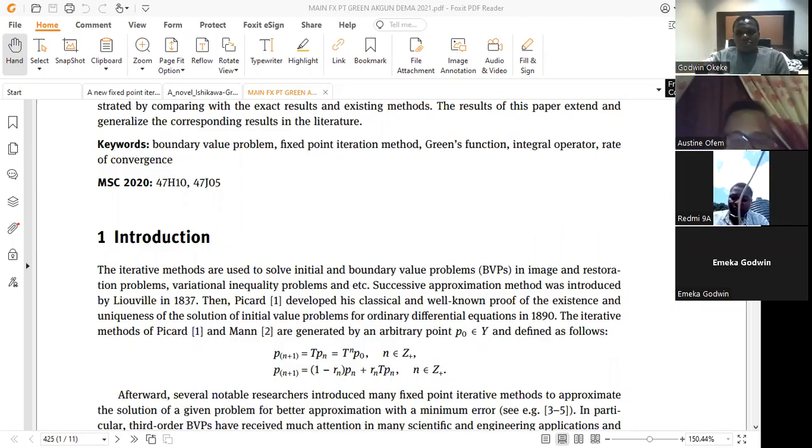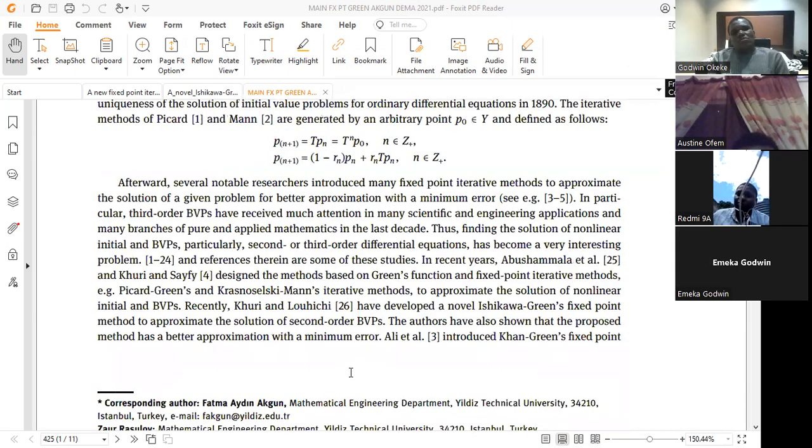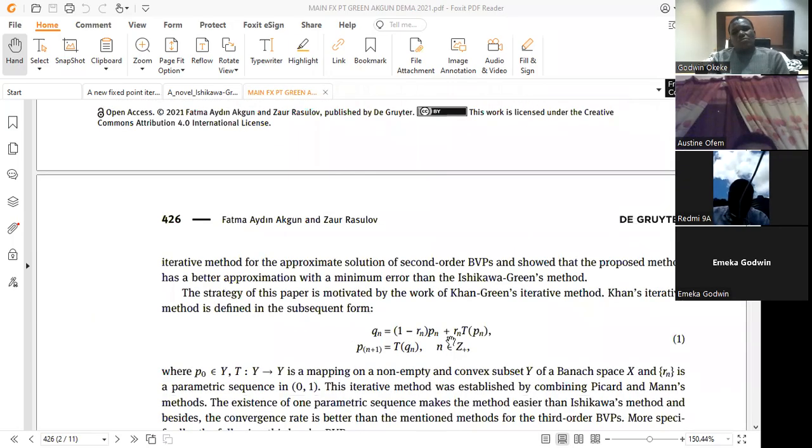You see, this problem you are seeing on the screen, we have a Picard method here and the Mann iteration method. So as Dr. Keke said earlier, a new research direction could be considering an iteration method that is more efficient in terms of rate of convergence, in terms of complexity. As you can see here, the authors in this paper consider Picard, which was introduced in